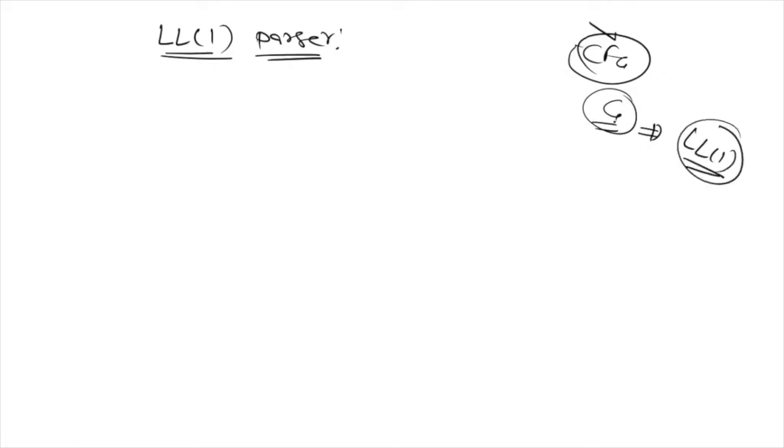For that we have a method. What we will do is construct the LL1 parsing table. In this table, if we have a conflict, if we have multiple entries in a cell, then such a grammar will not be an LL1 grammar. So this is the basic idea. I am just telling you what type of questions they will ask and what type of things we will focus on in our LL1 theory.